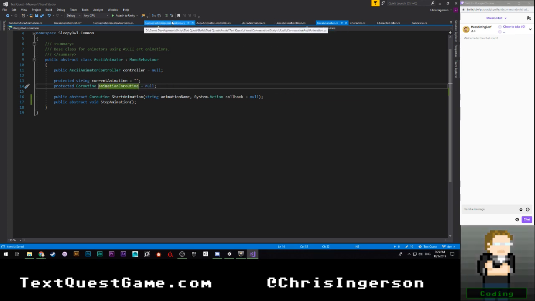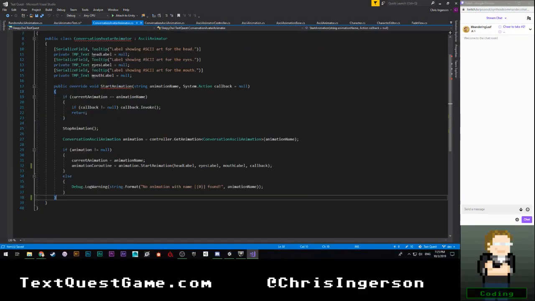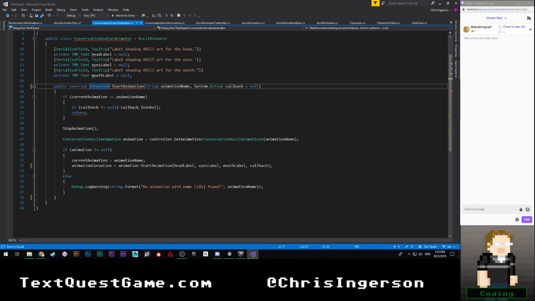Let's hop over here to, we said that's going to return a coroutine. Here. This is going to be coroutine. We're going to go ahead and say, excuse me, had to sneeze. All right. So if current animation is equal to animation name, we get to do the fun part.